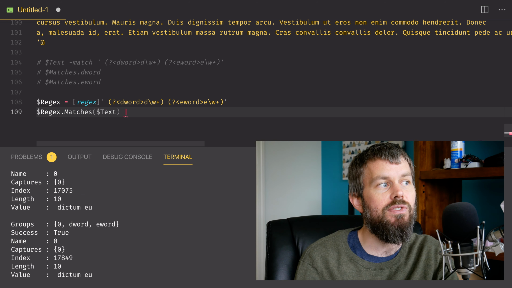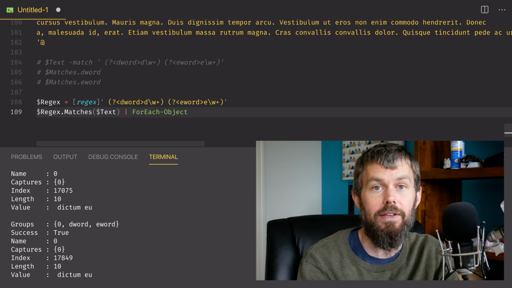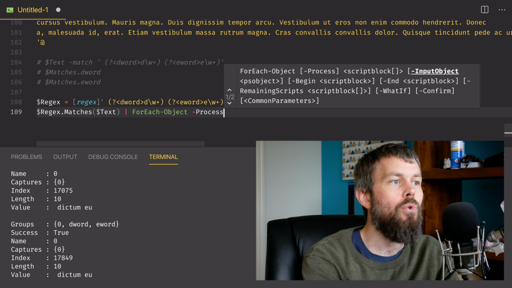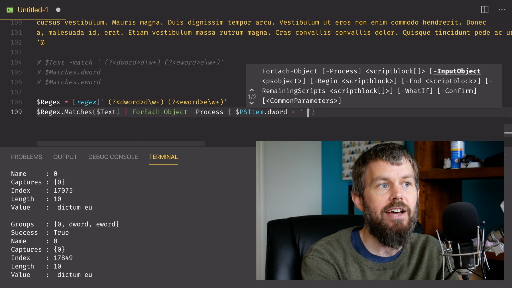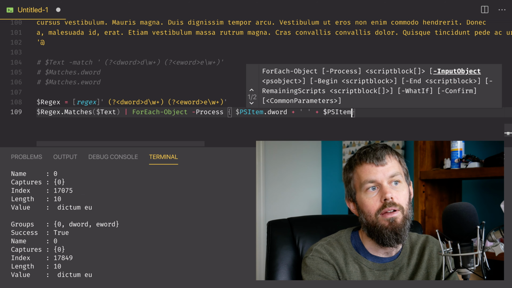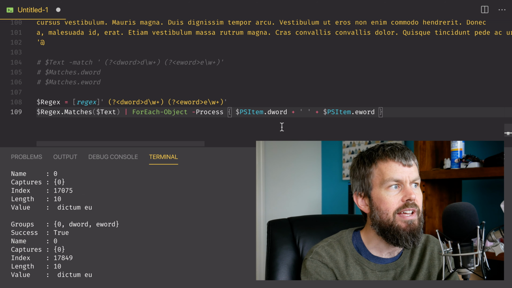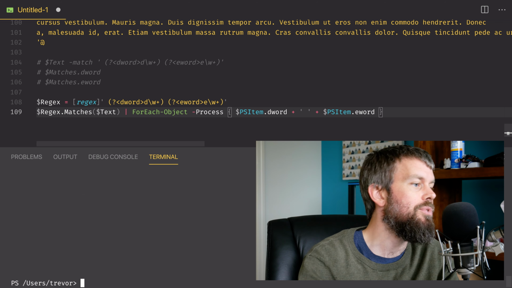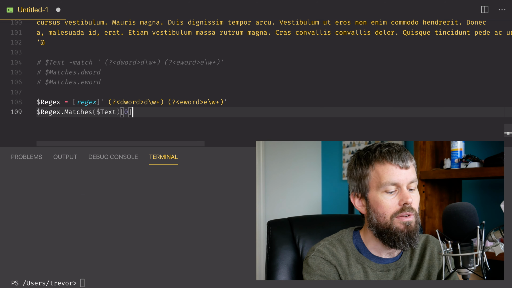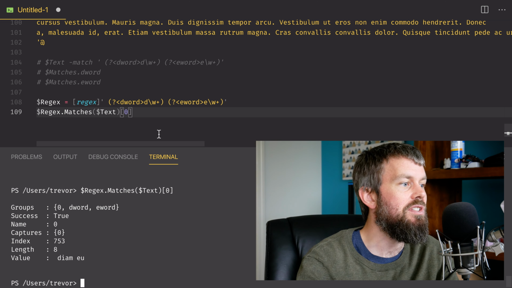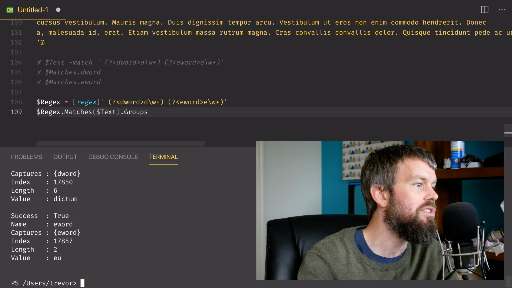So I'll take this matches output and then pipe it into the ForEach-Object cmdlet, which is built into PowerShell. And for each of those objects, I'm going to take the D word, add a space, and grab the E word. So let's go ahead and do Function F5 to run this. And I'm not quite getting any results because if we take a look at one of these objects, I actually have to dig into the groups property first. So what I need to do is take these groups